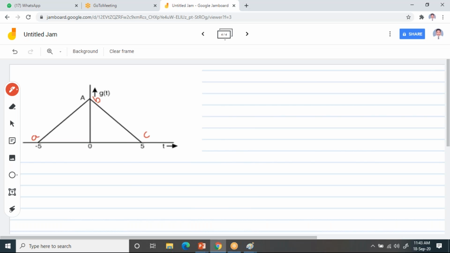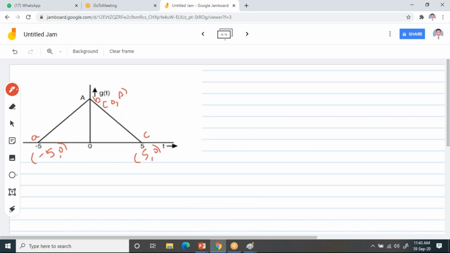First you need to write the coordinates for small a. The coordinates for small a are -5, 0, since the X coordinate at A is -5, but the Y coordinate is 0. Whereas at B, the Y coordinate is capital A, but the X coordinate is 0. So at point B, the coordinates are 0, capital A. Similarly, at point C, on the X-axis we have 5, and on the Y-axis we have 0. So the coordinates are 5, 0.